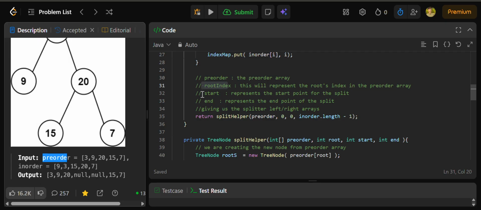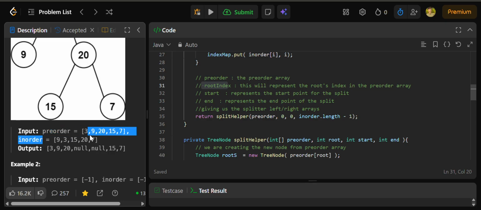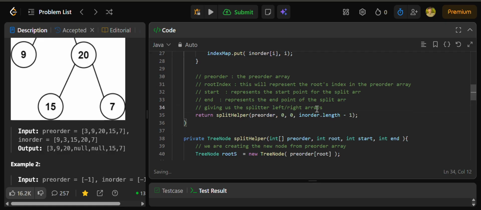Okay, then as I told, we have to split the array into two halves. We have to split this inorder array into two halves. To split an array into two halves, we need to give two pointers, which are the start and end pointers. Hence we have start and end pointers. Start represents the start point for the split array and end represents the end point of the split array, overall giving us the split left and right arrays. Okay,